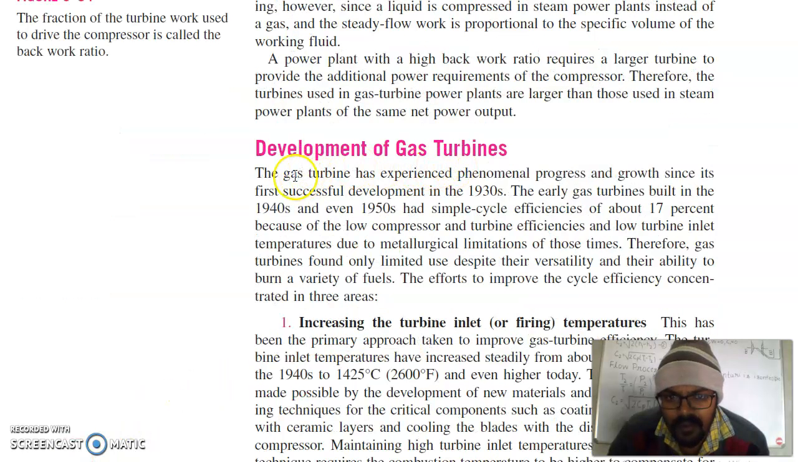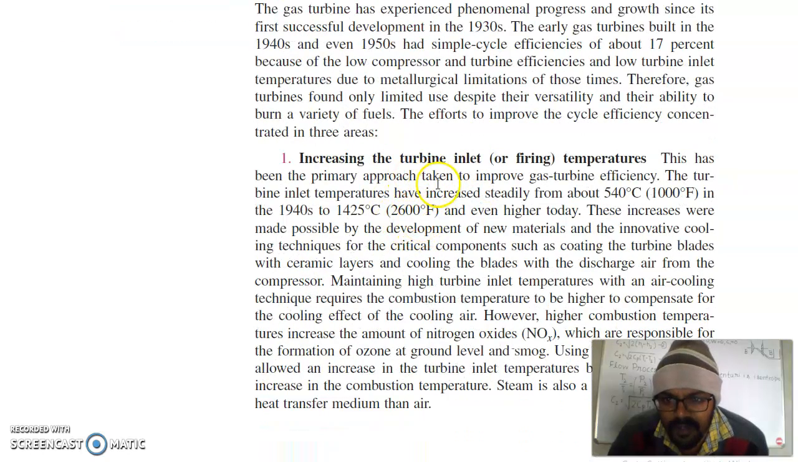Development of gas turbines. The gas turbine has experienced phenomenal growth since its first successful development in 1930. There are different methods. Increasing the turbine inlet temperature has been the primary approach taken to improve gas turbine efficiency. The turbine inlet temperatures have increased steadily from 540 degrees Celsius in 1940 to 1425 degrees Celsius and even higher today. These increases were made possible by the development of new materials and innovative cooling techniques for the critical